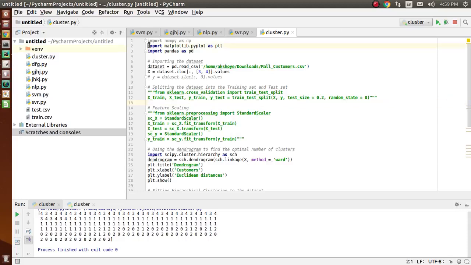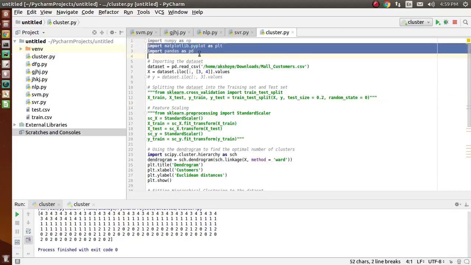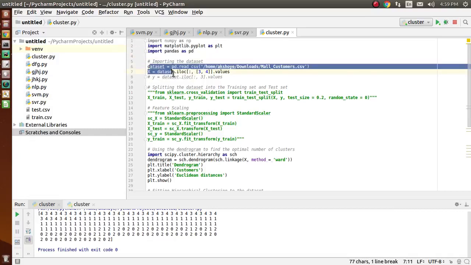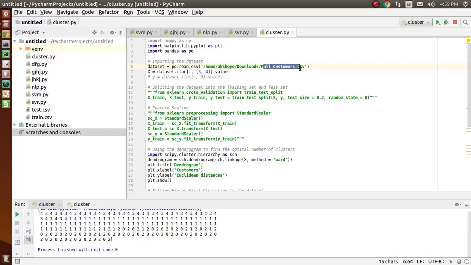First of all, we need to import some Python libraries, and for that we need to install these libraries, like matplotlib for plotting the graphs, and pandas for importing the dataset. So now finally we have imported the libraries here, and now we are importing the dataset, mall customers, using pd.read_csv.